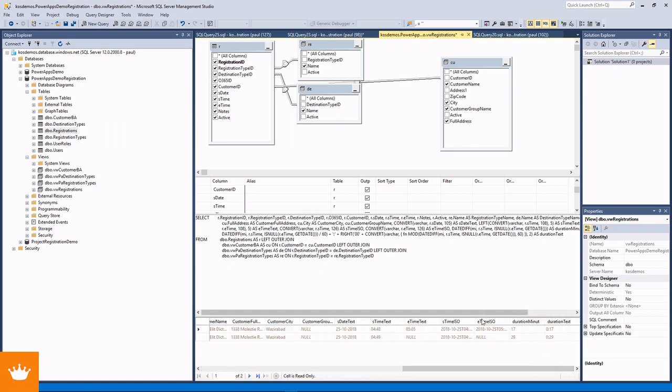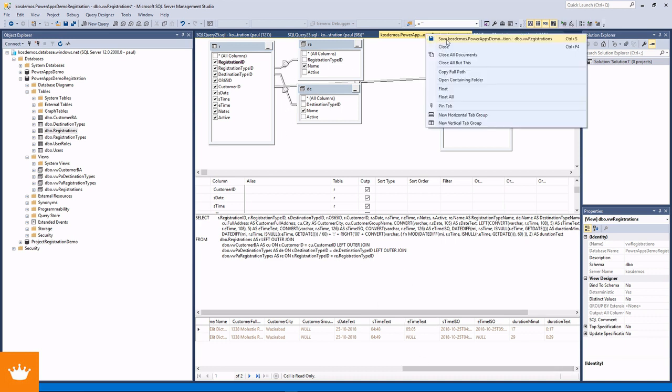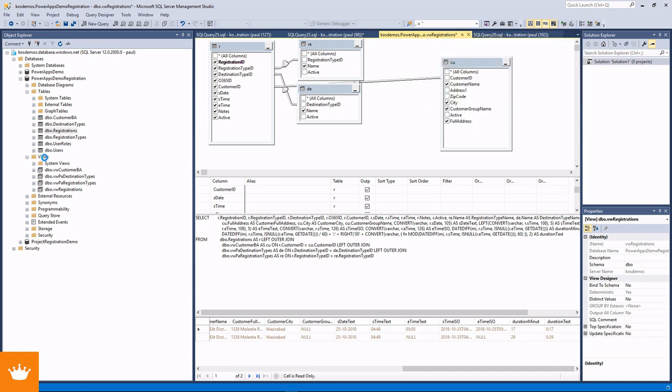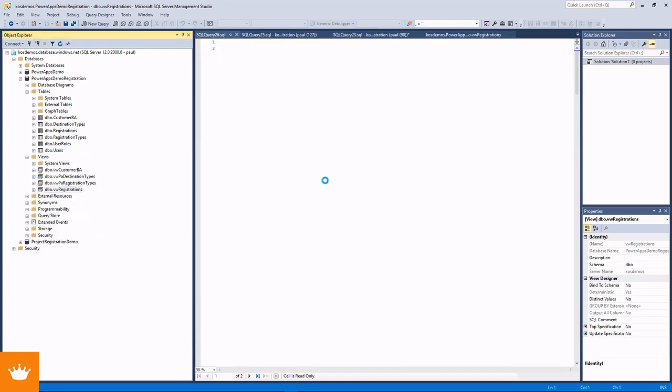Go to the right to see all our nice text formatted representations of our time elements in our table. And let's save this, go to our view, select all rows,